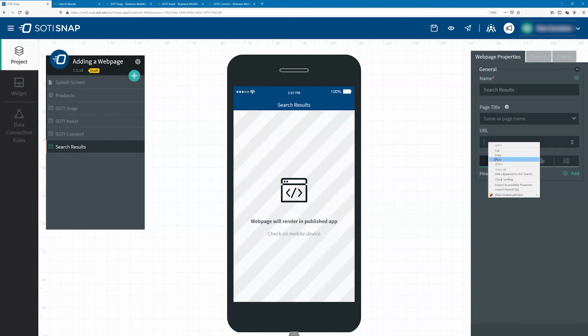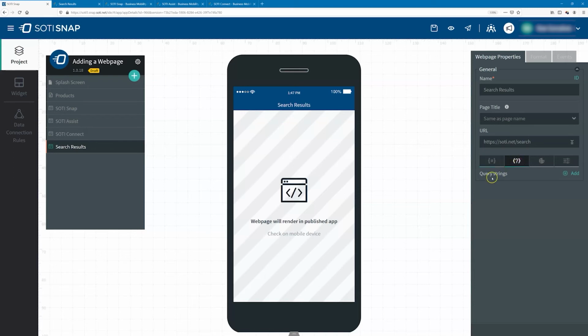The base URL alone is not enough information to set up the search capability. We need to add the query parameters to make the search functional. Underneath the URL field in the Web Properties panel, you will see a section where you can configure URL parameters. Here you can add parameters to configure the following: headers, which are used when you want to grant app users access to secure web pages;